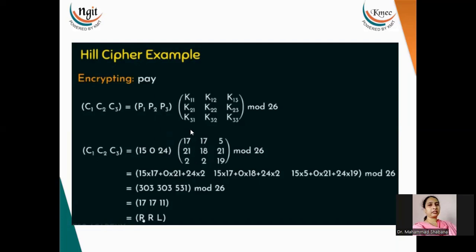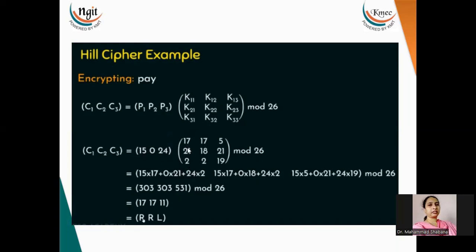This is the key matrix they are given: 17, 17, 5, 21, 18, 21, 2, 2, 9, mod 26. Then we are multiplying the row with the column. So 15 into 17 plus 0 into 21 plus 24 into 2. Like this, we are taking the